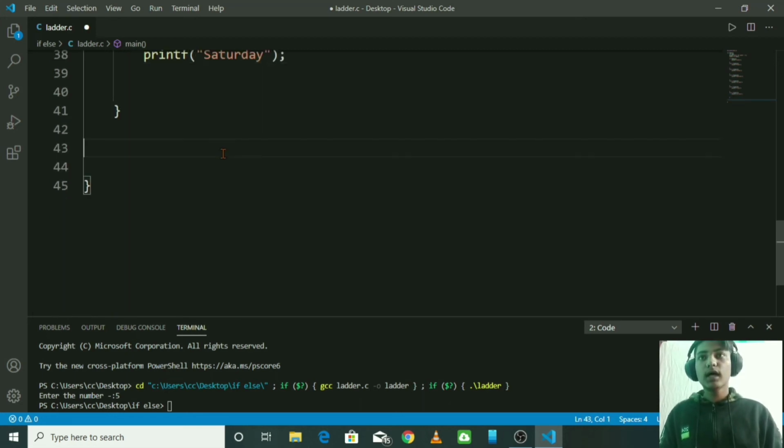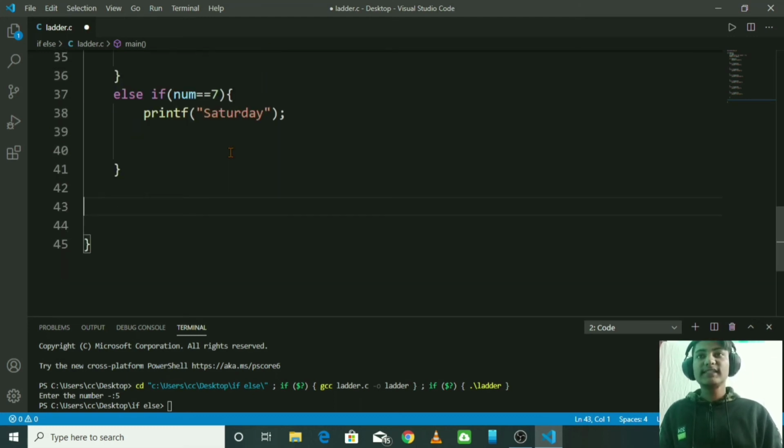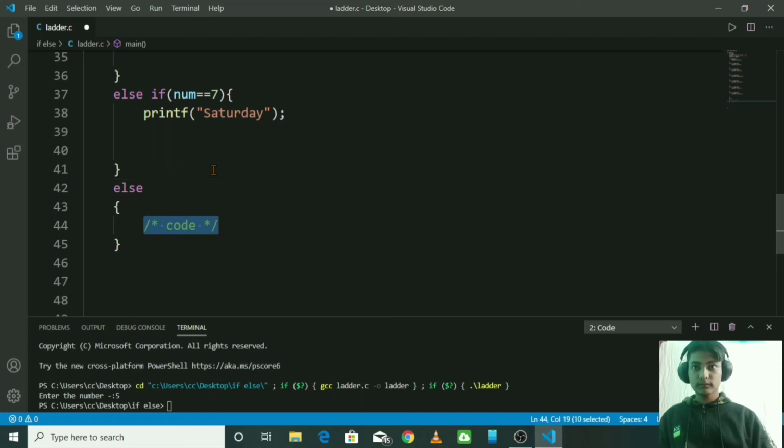And then the else statement, which will prevent the user from entering wrong numbers. So else, here the code.